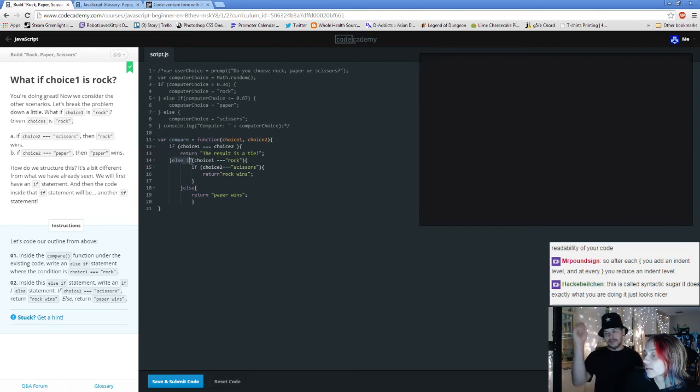Okay, so like here it says else if. I've stuck that there. I think that's appropriate. So if choice 1 equals rock, I return with this. If choice 1 equals choice 2, the rock result is wins. If choice 1 equals rock,